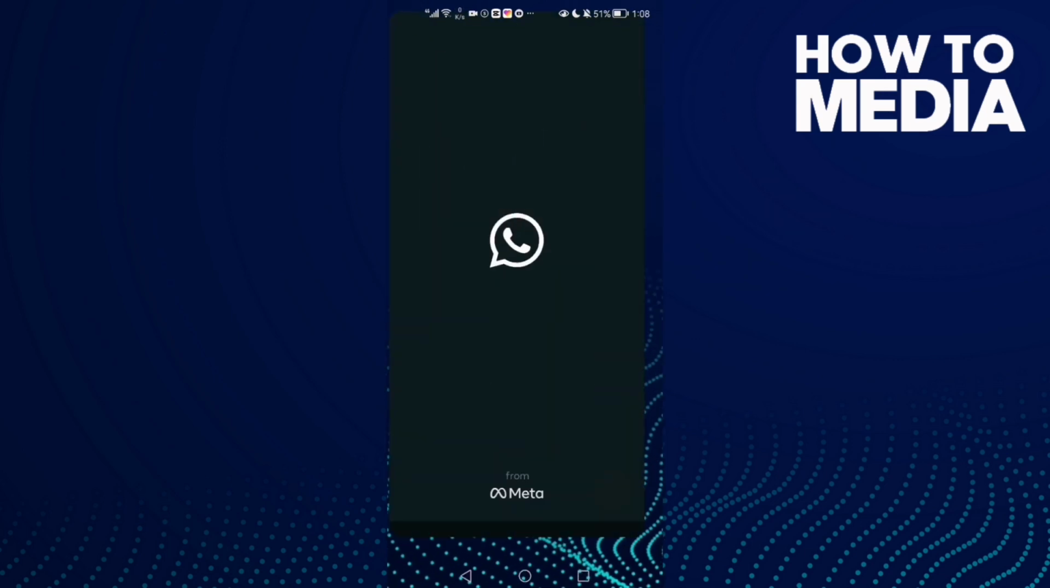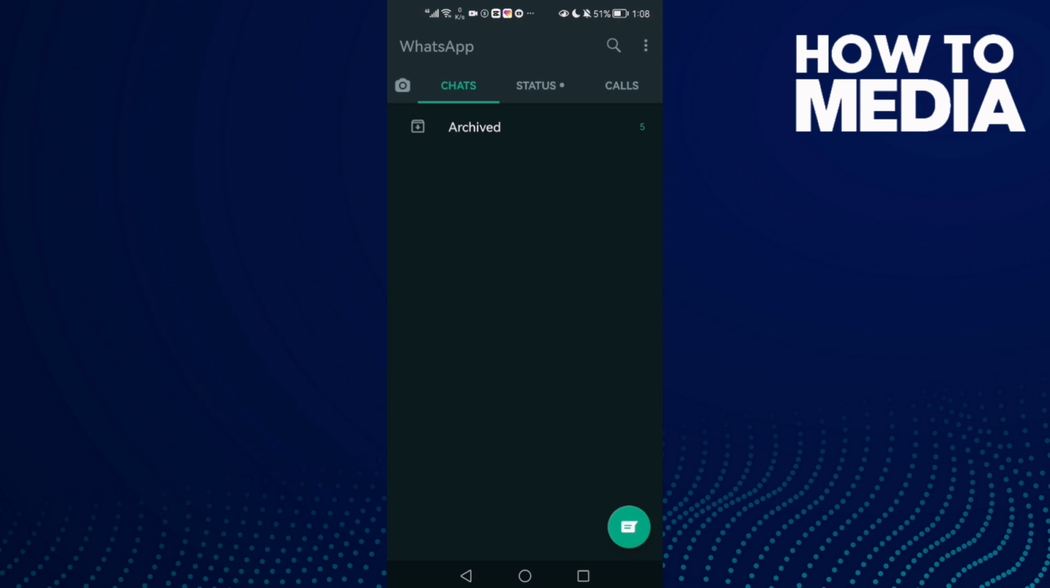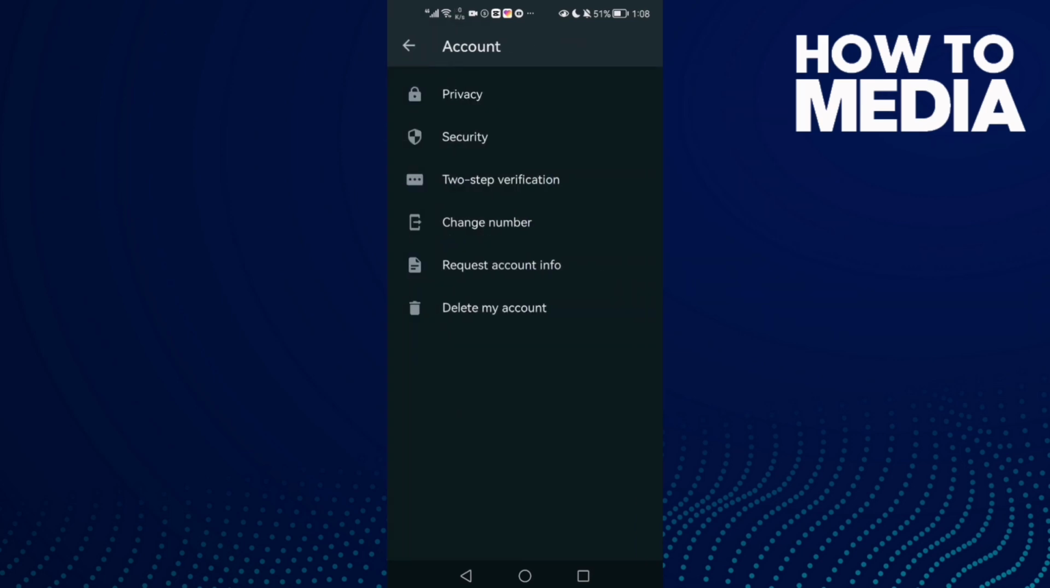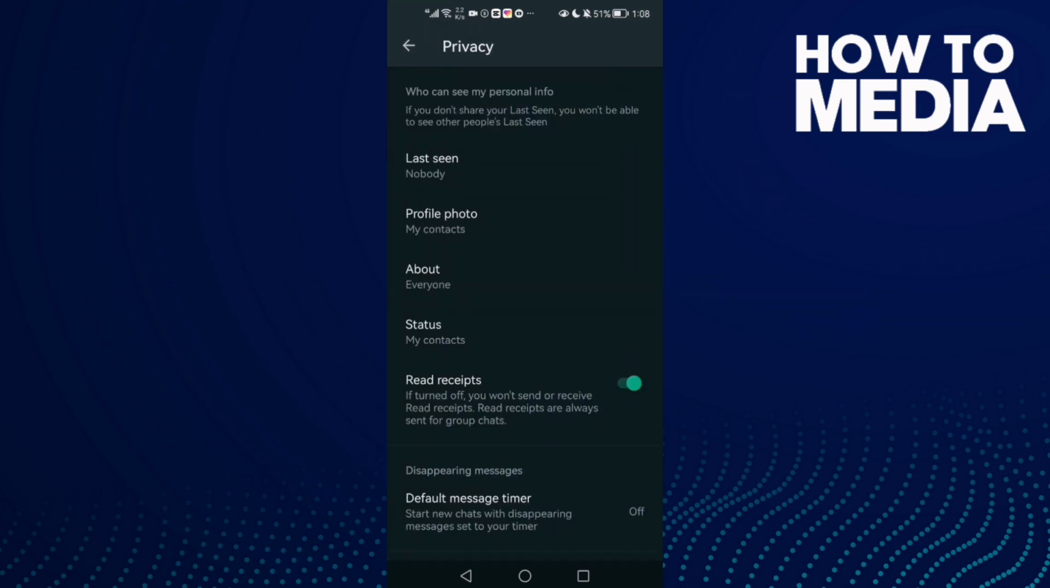First thing, go to WhatsApp. Here you will find these three points in the top corner. Click on it and then just click Settings, and here you will find Account. Click on it and then just click Privacy, and now click